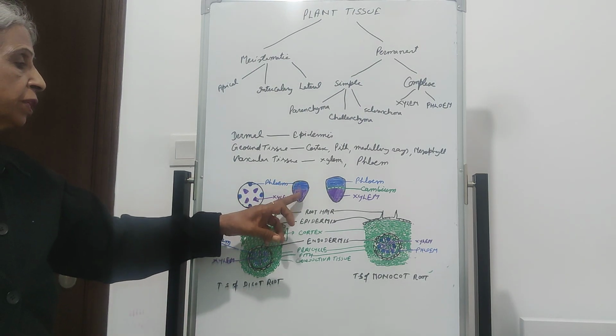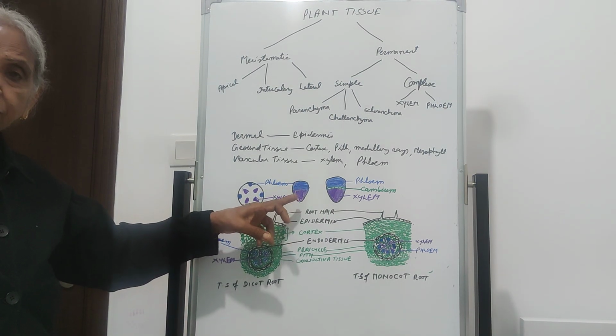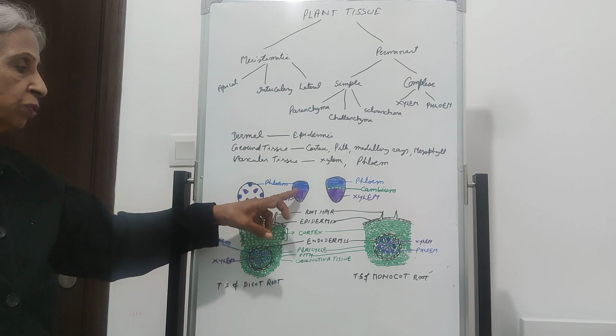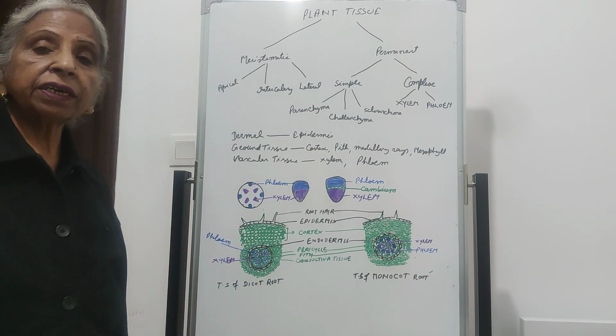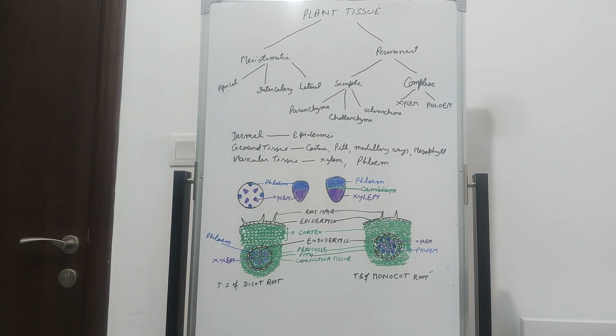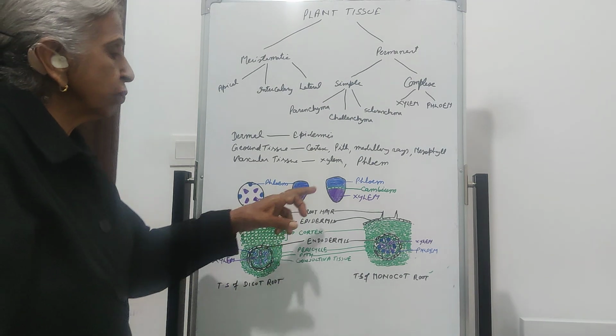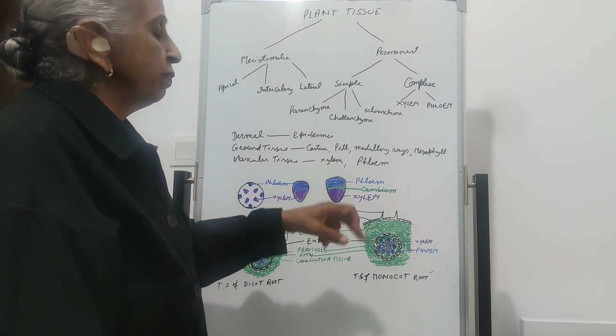Xylem and phloem are present at the same radius, at the same level, with phloem outside and xylem toward the inner side. Such bundles are called conjoint collateral. In the case of dicot stem and root, in between the phloem and the xylem,